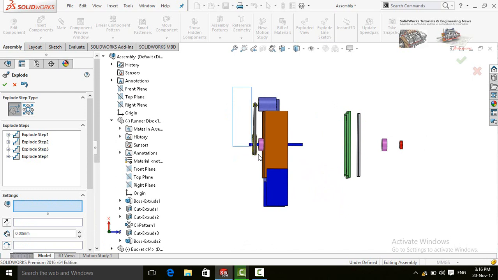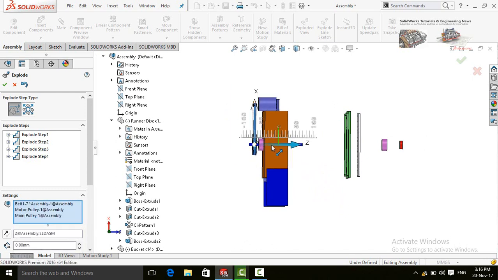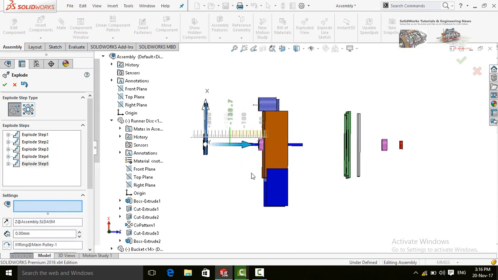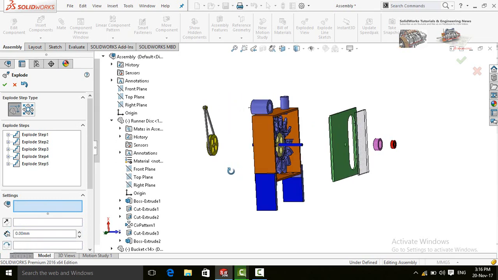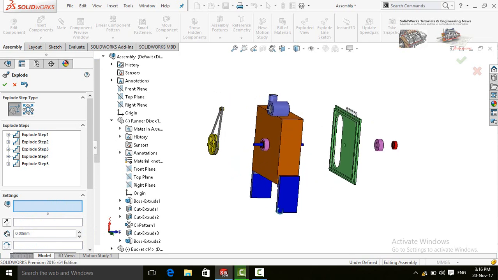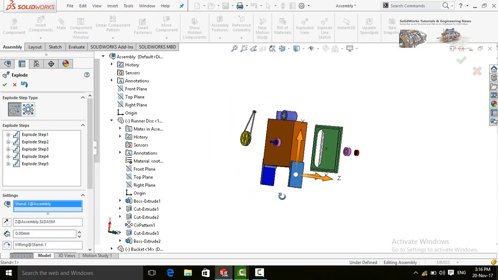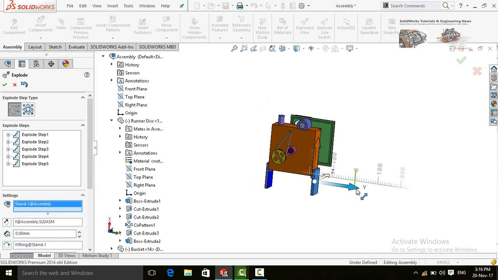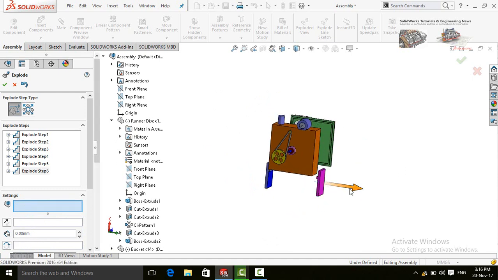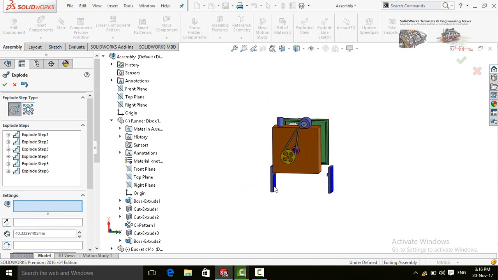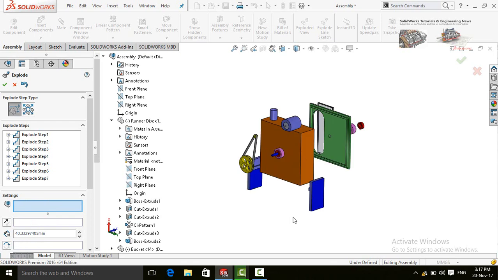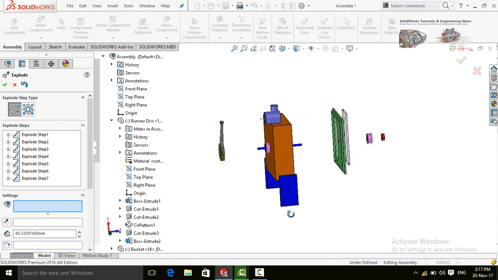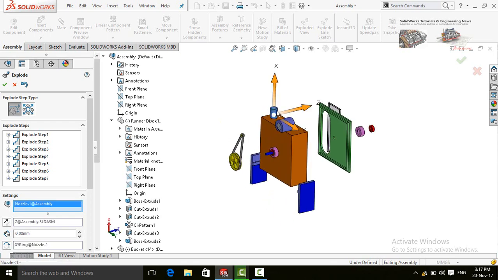Both of these pulleys with belt. Then these stands. Now the nozzle.